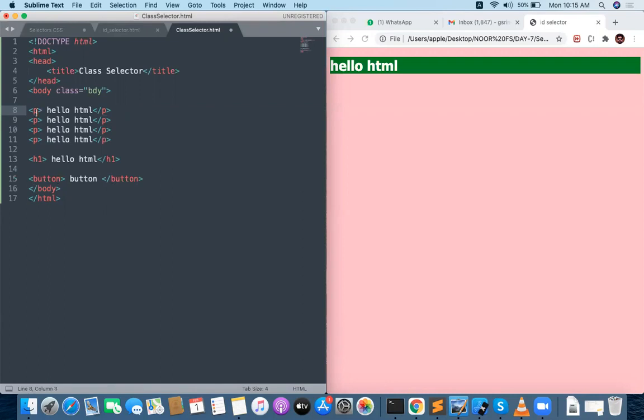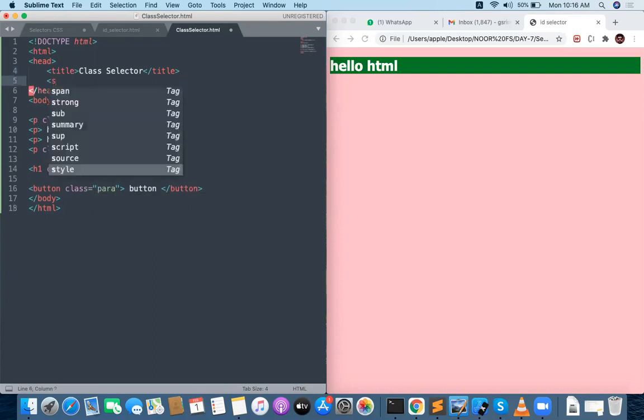What is the background color for these particular classes? For the paragraph, I am giving a class. The class for the paragraph is para. The class is going to be available only for the first para and last para. Class is para. And again, H1 also has the same class. Class is para. You can provide a class multiple times.